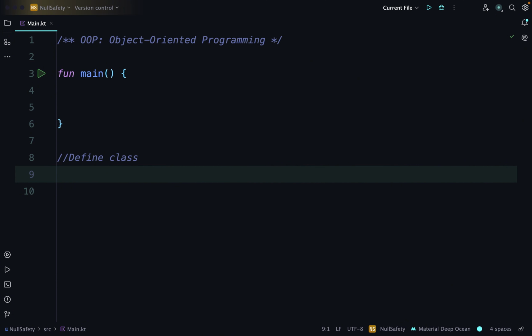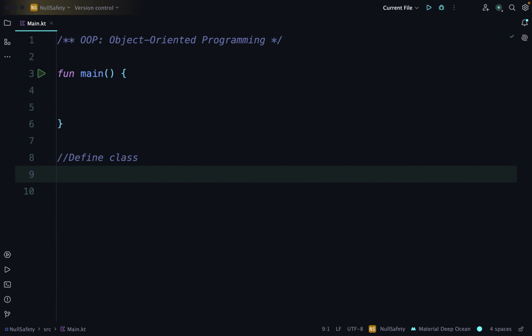Objects have characteristics, core properties, like a phone's brand, storage, or battery life. They can perform actions which we call methods, like making a call or taking a photo. To work with objects, we use classes. A class is like a template or recipe. Imagine you want to create multiple phones. Instead of defining each from scratch, you can define a phone class once and then create as many phone objects